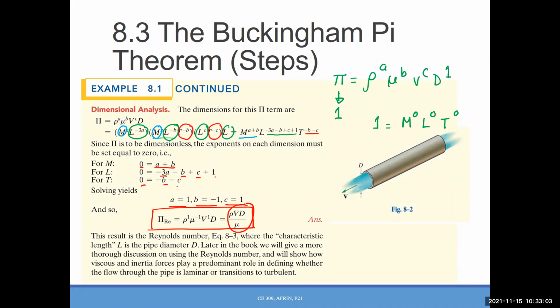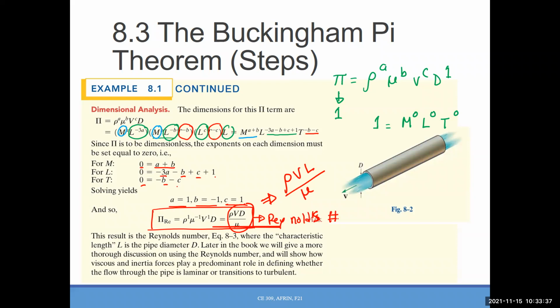Is it similar to Reynolds number, Froude number, Euler's number, Weber, or Mach number, something like that? It is some sort of similar to Reynolds number, right? The Reynolds number, the actual one was rho V L over mu. So L is length, D is here kind of the characteristic length. So you can say that this one is the Reynolds number.